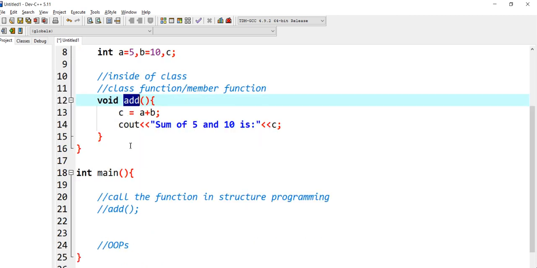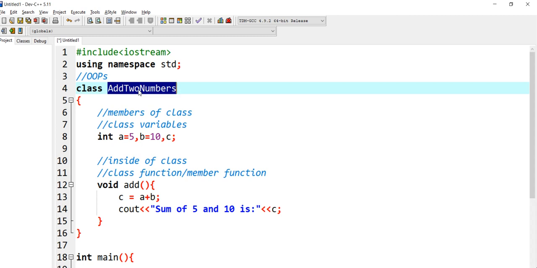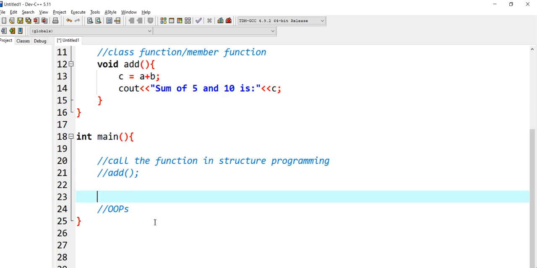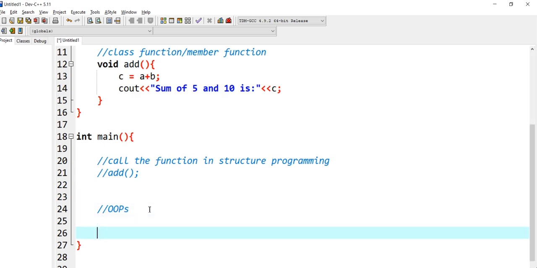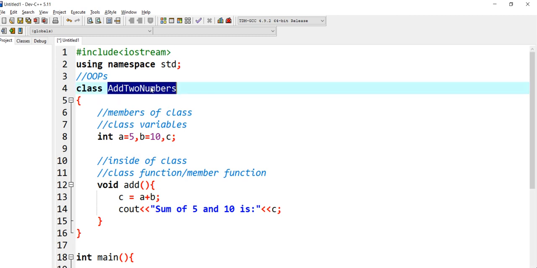So in the same way, if I want to call this add function, first of all I want to be familiar with this add two numbers class, right? So in OOPS, how do we call any function? First of all, I need to have a variable of this class.